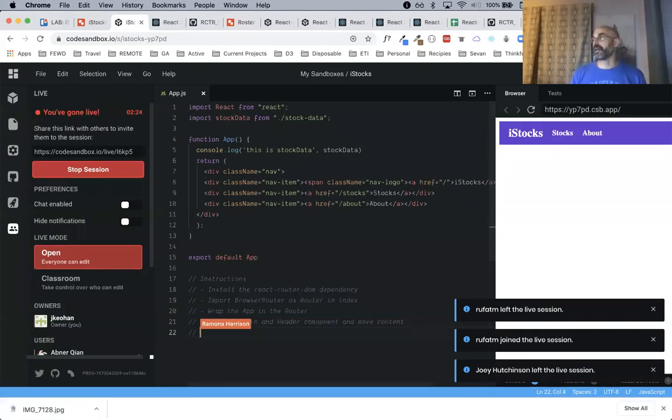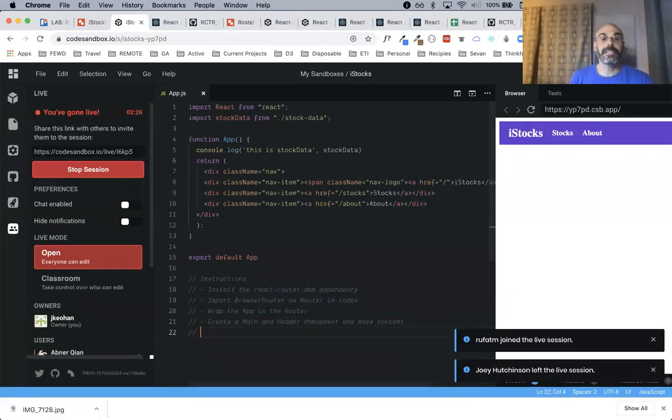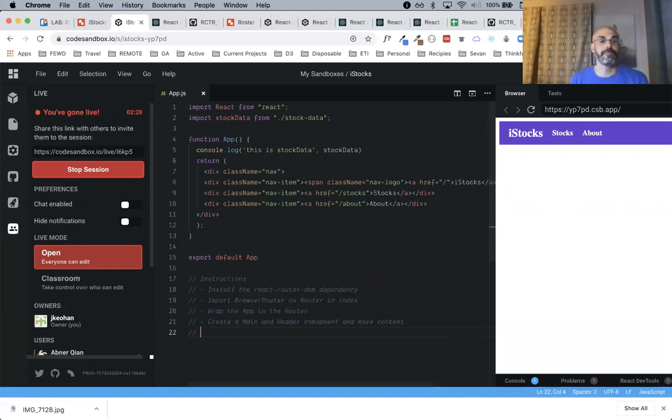And then what's the next step? Now that we say we did that, inside of main, what do we need to do? Demola, what do we need to do inside of main? We have two more React Router DOM components that we need to import and work with. What are those two? You can phone a friend, Demola. You can be like, Rafat, your shot.